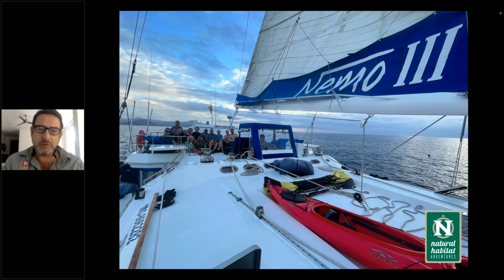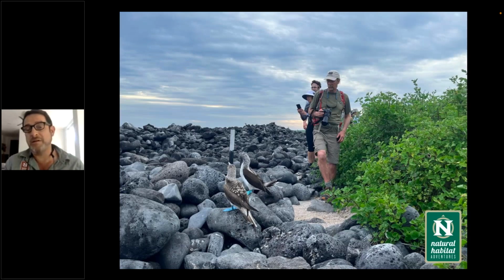This is just a picture to show you how close you can get to nature, because animals actually are along the trails. And sometimes we have to deviate from the trails because they might nest right along the path. So every time you go on these walks or activities, we are going to tell you how to prepare for them, because for some of these you need walking sticks, you need good walking shoes,